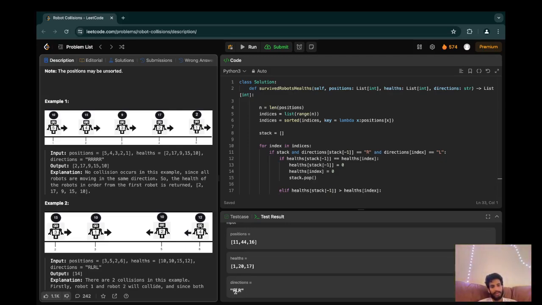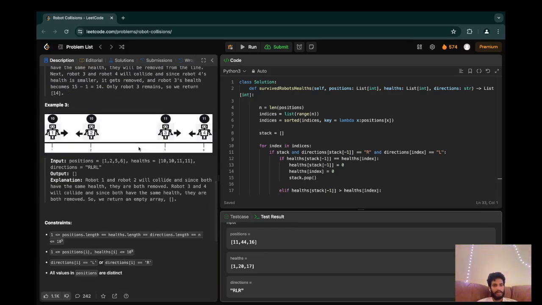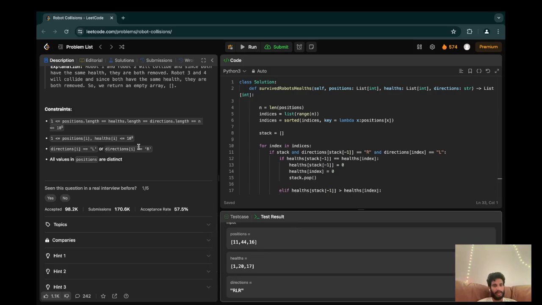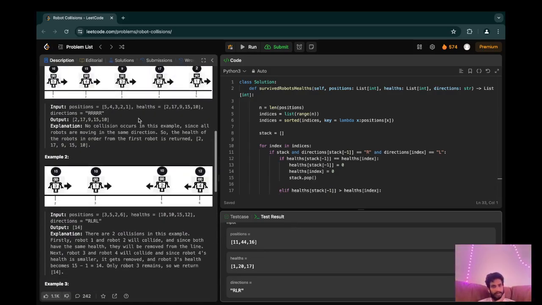But anyway, this is supposed to be 11 R, R, L. I guess it's just that they all have different healths. I really don't know how they're dealing with different healths, but yeah,